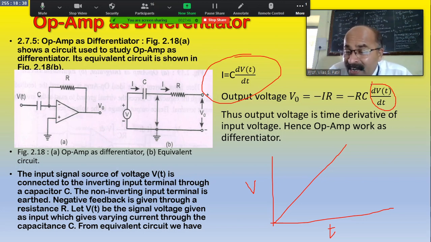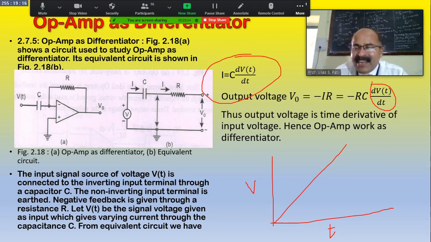are that two physical quantities, one is the voltage at a time t and other is the time t. We are taking the differentiation of the voltage with respect to time that is the dV(t) divided by dt. That is the rate of change of voltage with respect to time and that is the differentiation, and here the differentiator that is the operational amplifier can perform the mathematical operation of the differentiation. आपण जे डेरिव्हेटिव्ह काढतो